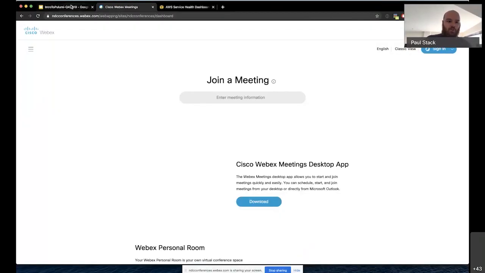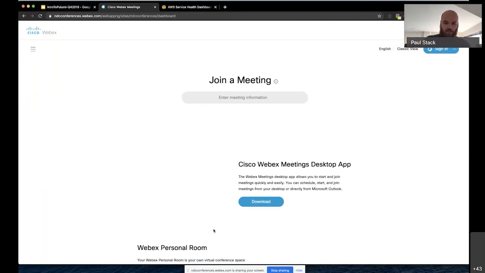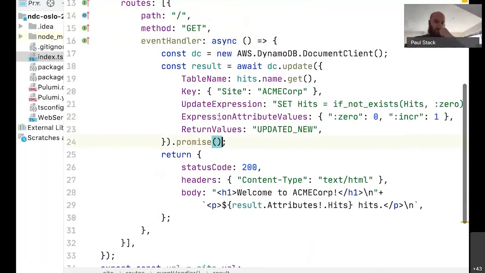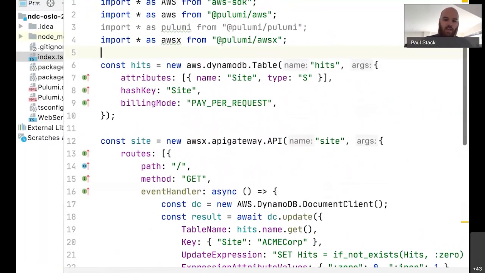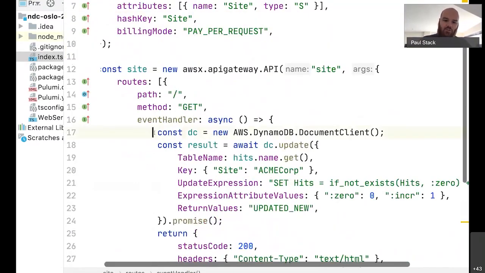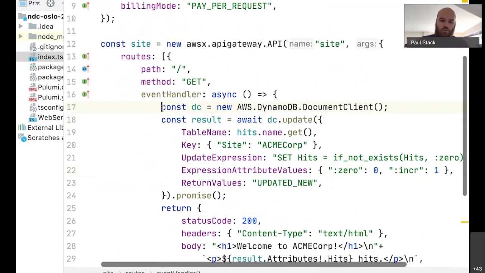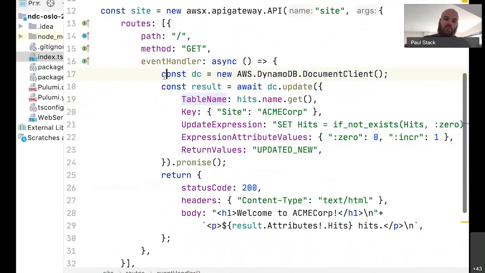I apologize for that. So what I was showing is that we were able to create a layer of abstraction around an API Gateway and hook a Lambda function up to the API Gateway with the correct permissions, which Pulumi would package for us. The Lambda has code in it